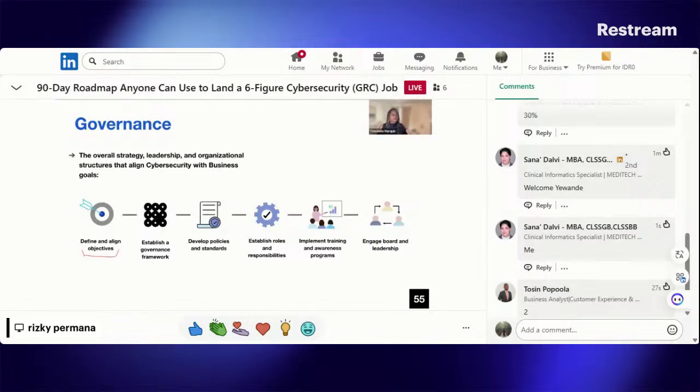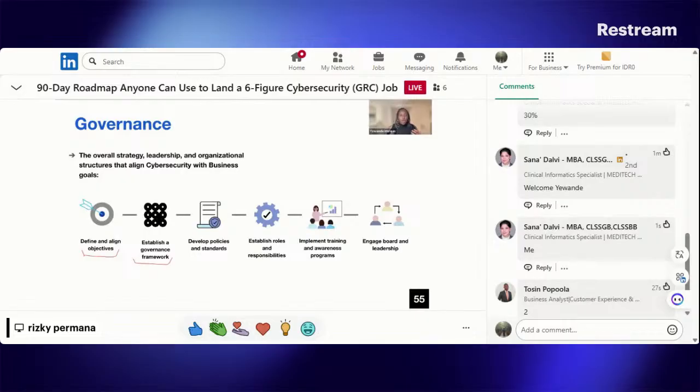It also involves establishing a governance framework. This is where we have to understand the frameworks that exist. There's the NIST cybersecurity framework, which is a popular framework in the cybersecurity space. There's the ISO, the International Organization for Standardization, with multiple series, 27001 and 27002. Those are some popular cybersecurity series. There's also COBIT as a framework for governance.